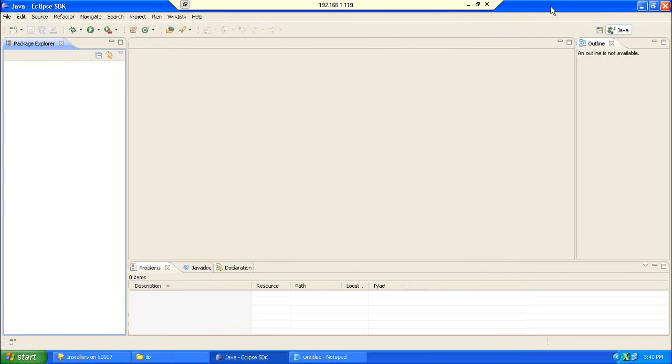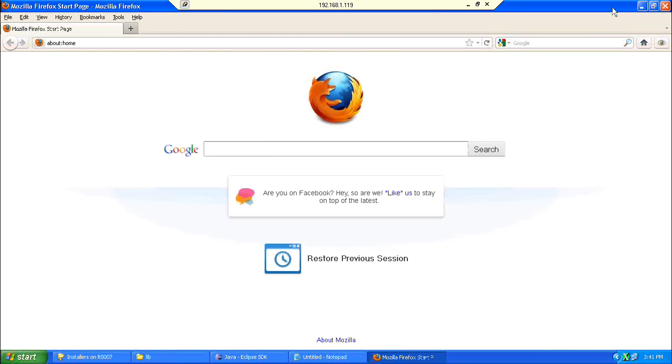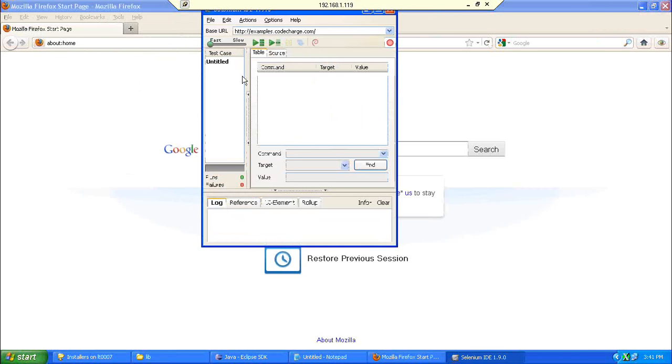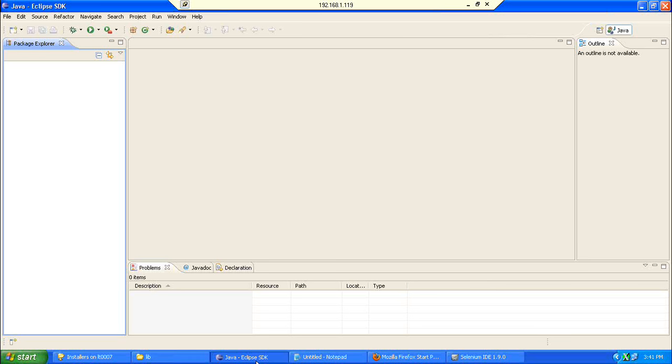Whatever code was present in the Selenium IDE, I will be taking that script. We have already created the script in Selenium IDE. When we use Selenium IDE, the script that gets generated is usually in Selenese commands. It's a Selenese script. It is not Java. We will convert that script into Java, put it in Eclipse, and run the code from Eclipse. Now see how to do that.